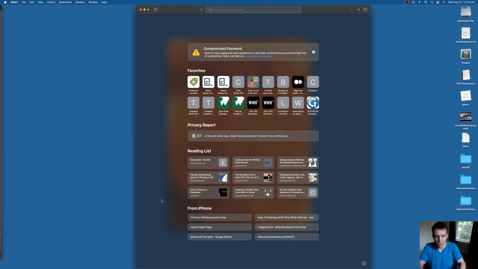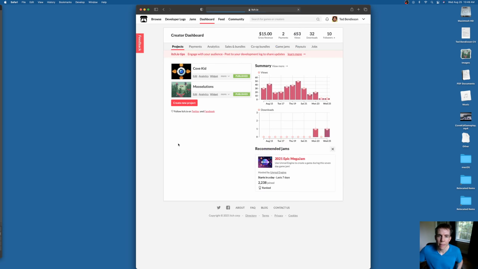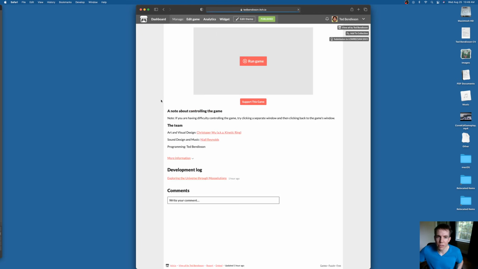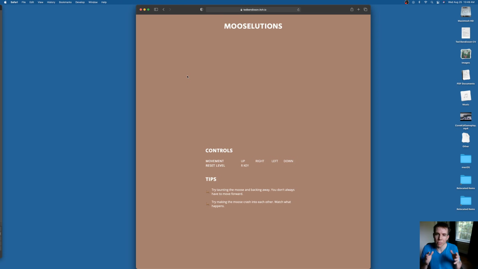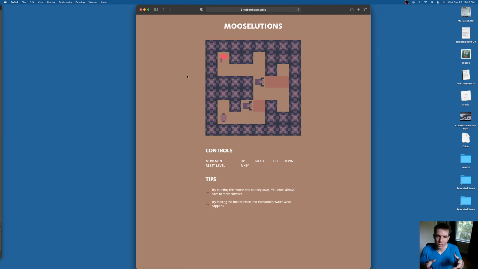That's actually the goal. So if I look at this game, Moose Solutions, right? Considering what this is, a lot of people probably wouldn't believe that you can make a game, and that you could do a game jam game, using your own game engine. A lot of people wouldn't believe that you could do that. It's not that I explicitly want to dispel the notion, but it's absolutely something that you can do, and it is something that people are doing. The difference is,